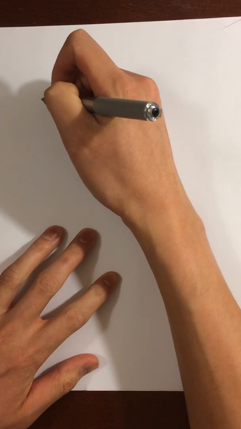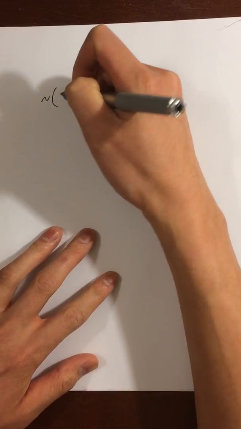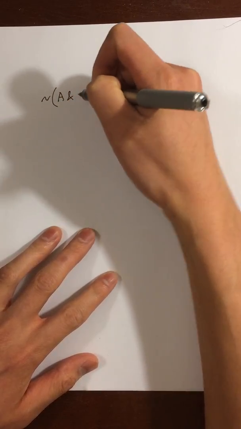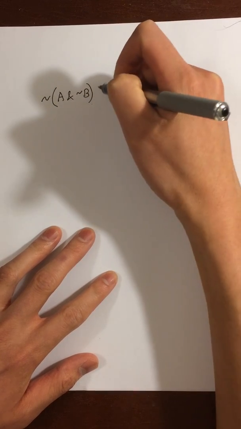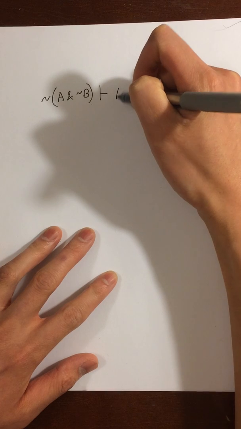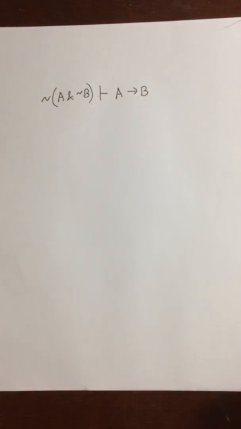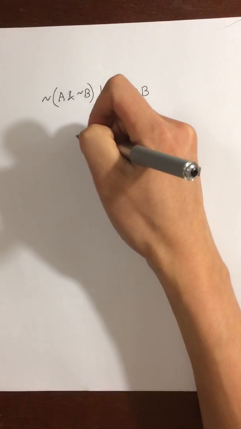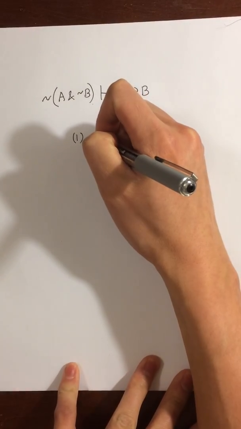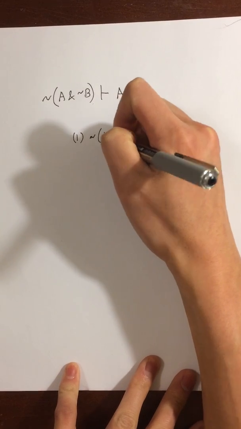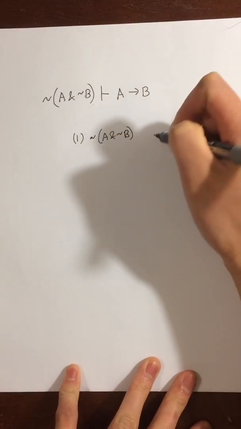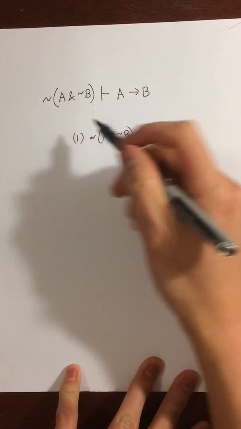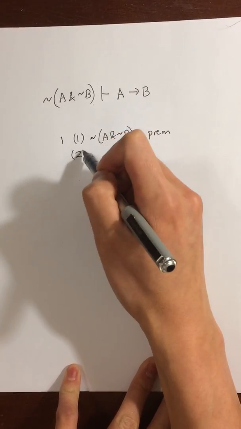I'm going to prove a simple sequence to show the rules in action. Okay, so let's prove this: not A and not B entails A arrow B. Okay, so we have one premise to work with. It's the negation of A and not B. On the second line,